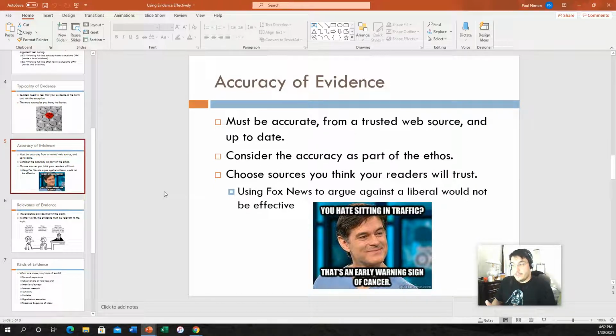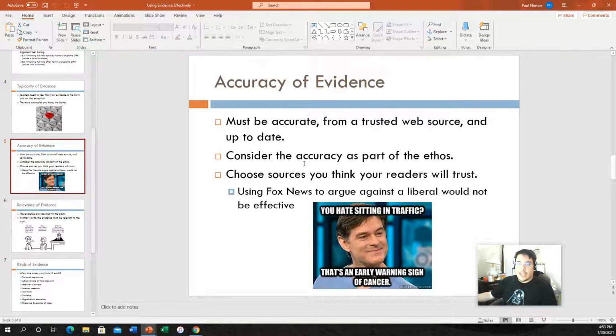Now, this is a huge contention these days with everyone distrusting the other side, and people shouting that this side is fake or that side is fake or this news is fake, that news is fake, whatever. This is an issue these days, and we're going to spend an entire unit talking about how you tell if information is fake or not. So more on this later, but